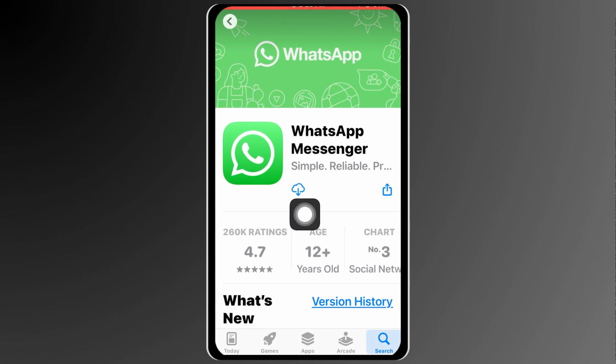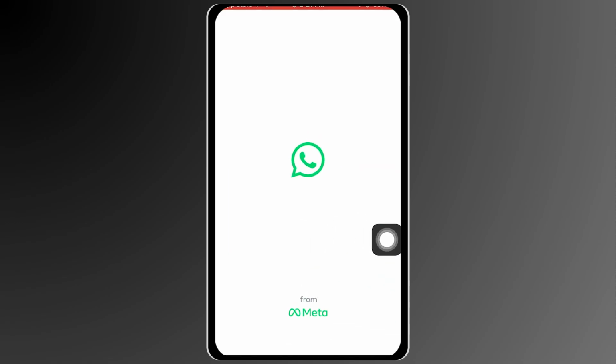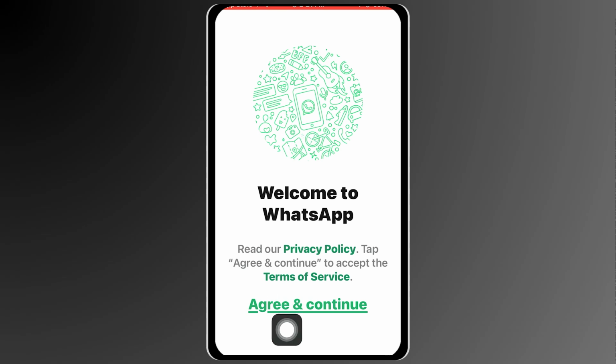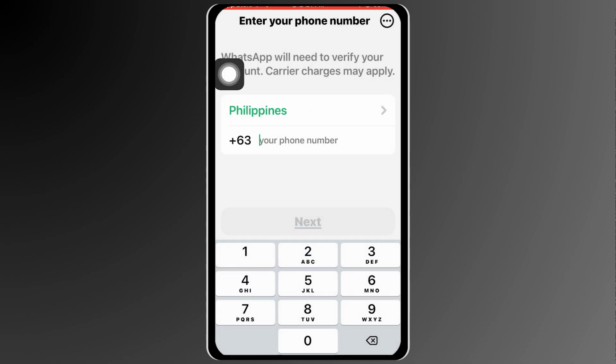So I'm just going to go ahead and tap the download button right here, and once you have downloaded it, just go ahead and tap the open button right here. And there you go. So just go ahead and click agree and continue, and then you're just going to basically follow the prompt here in order for you to log in on your WhatsApp